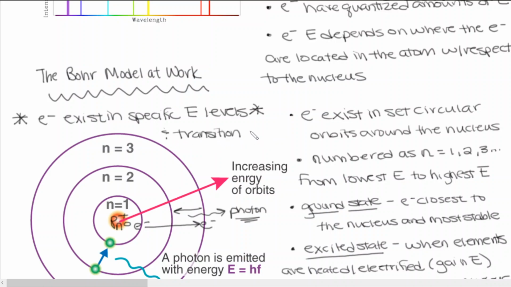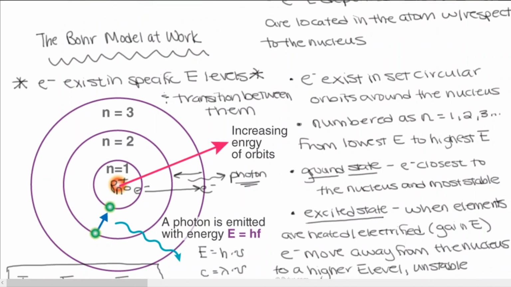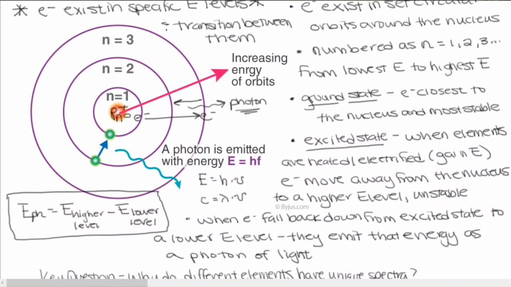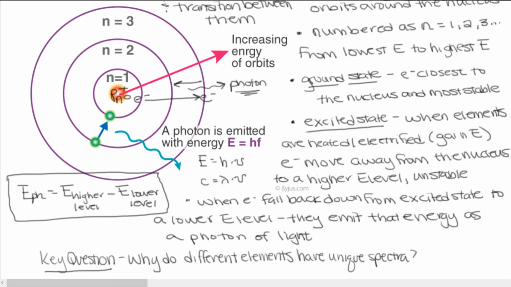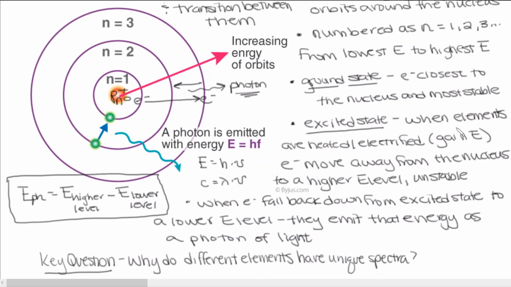And transition between them. And it's in those transitions where we see those colors of light. Okay. There's one more way that we can calculate the colors of light and the energy that we're seeing when